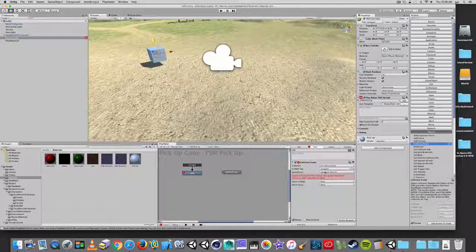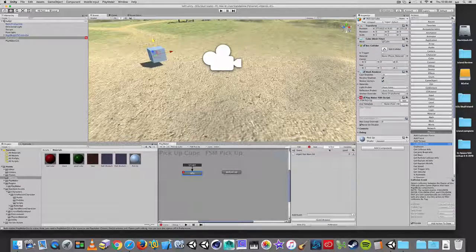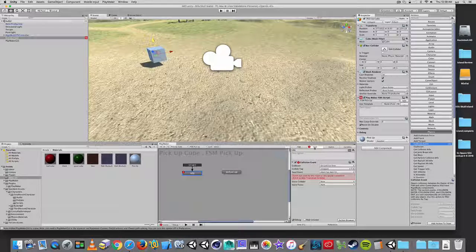And so I've created an event. Now when I have an event, if I go to the event tab, you can see that the event is listed here, and we can have multiple events depending on how many we need per state machine. I'm going to go back to my state view, and now Playmaker does a pretty good job of letting us